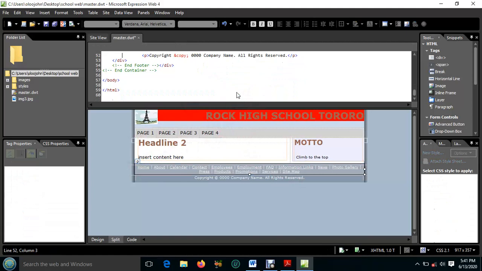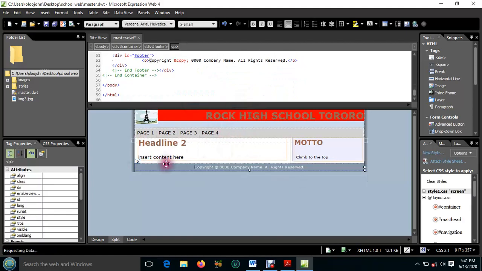Then when you delete, you come back and on the design you can see they have disappeared. Then we can also edit the copyright, this copyright here, and we give the name of the company. So select it to take you where it is located, so you can see where it is located. So we want to have the company name,